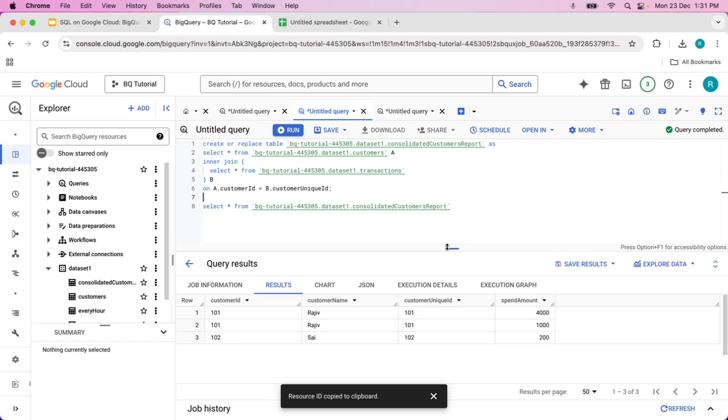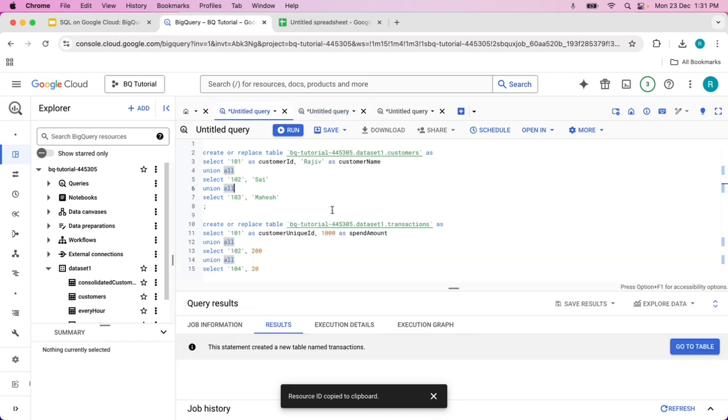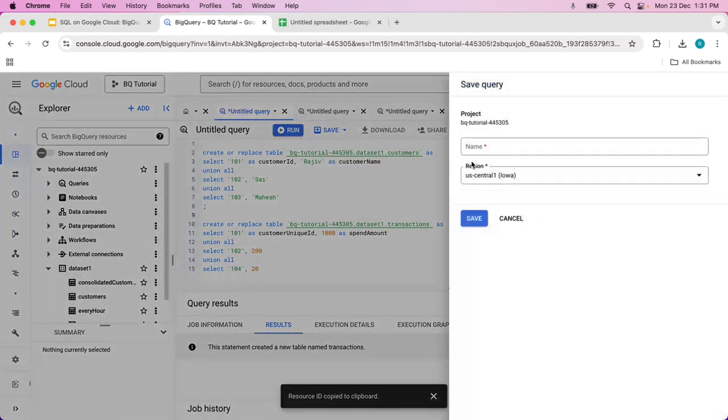It takes lots of time to come and do this one. So first of all, let's see. Once we close this entire query, it will go away. So for that, what we can do is click on save. Let's click on save query and save it like